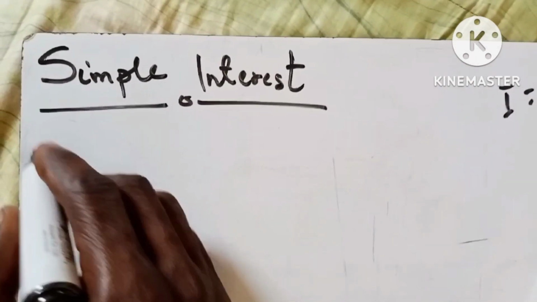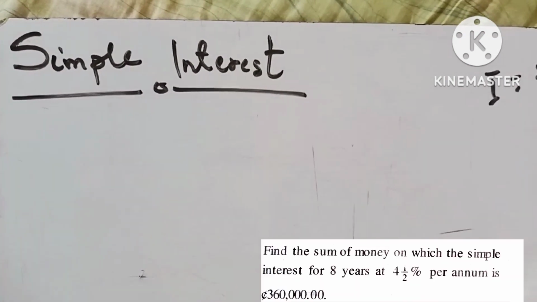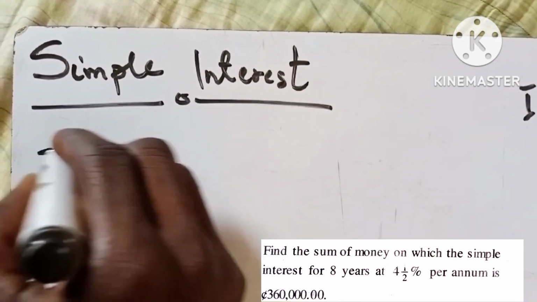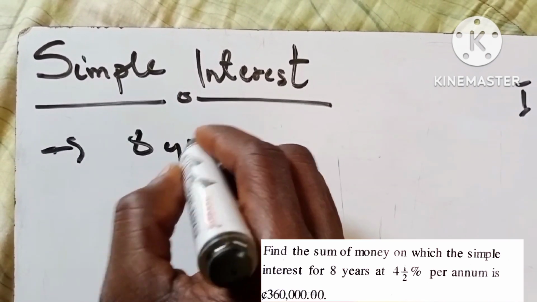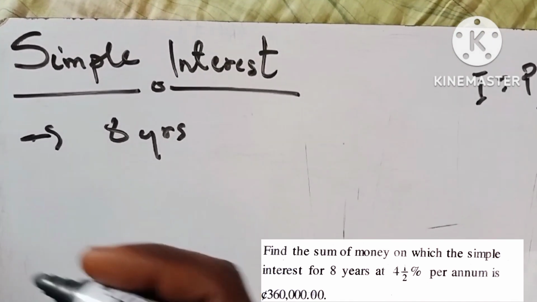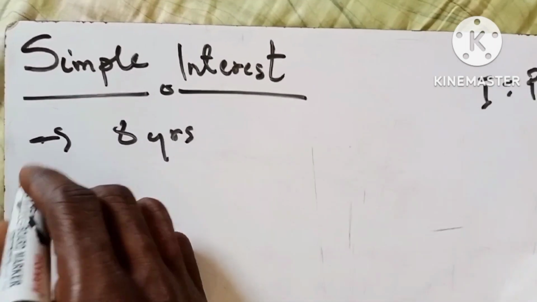Now the question says that the sum of money on which a simple interest for 8 years at what rate? We are having simple interest at, 8 years here. The sum of money, we don't know the money, right? So the sum of the money on which a simple interest for 8 years at 4.5